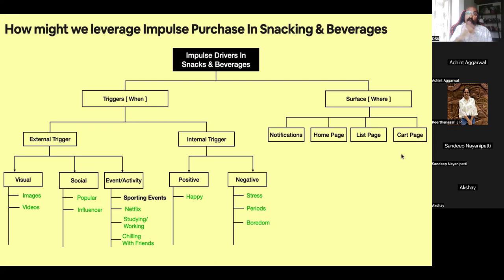Well, when it's happening off platform, you can reach out to them via notification. In the event that they're on your platform, you can communicate something on the home page, list page, cart page, etc. So this is how I was thinking about, okay, where does this happen? When does this happen? I still don't have a solution yet, but this helps me to start putting some structure